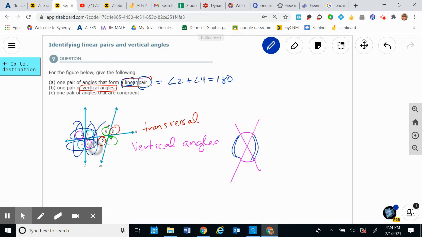Here's another linear pair, because you can see that this angle plus that angle equals 180. This angle plus that angle equals 180. This angle plus that angle equals 180. Get the idea? That's a linear pair. Okay. And